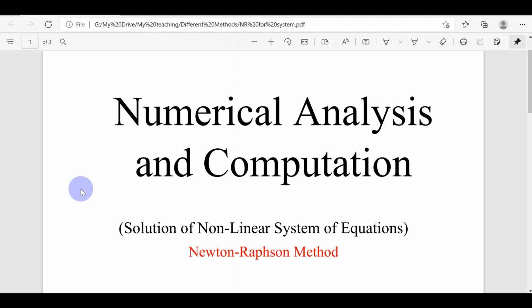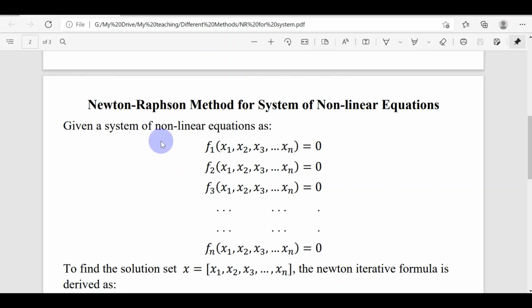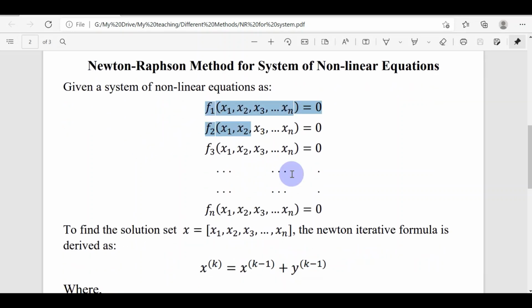Let's start with another topic of the course numerical analysis and computation, and this time the topic is Newton-Raphson method to solve system of nonlinear equations. So we are going to have n nonlinear equations. So we will be having n functions on the left hand side which will involve n independent variables. To find the solution set x of x1, x2 up to xn which will satisfy all these nonlinear equations simultaneously,